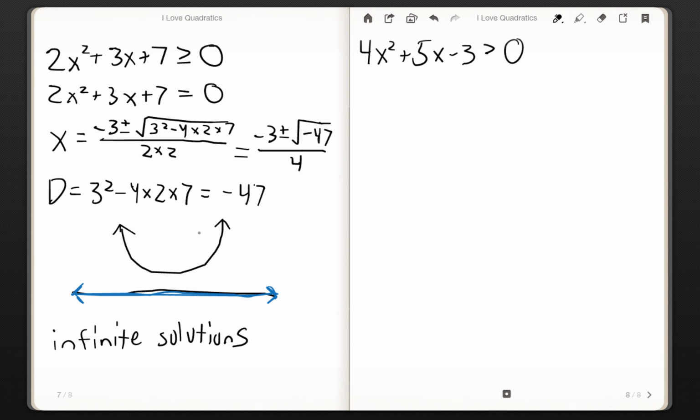So let's see if we can take the shortcut that we saw in the last video of starting with the discriminant to immediately discover if we're going to have real roots or not. So if we take the discriminant here of b squared minus 4ac, we'll get 25 plus 48, which is a positive number. So in this one, we are going to have real roots,